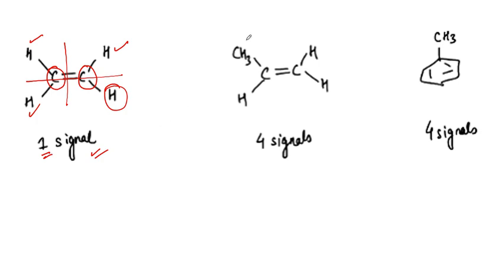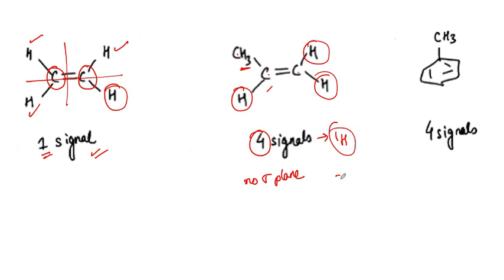Very good. So now if we are talking about this type of an alkene system, we are not able to find any sigma plane other than the molecular plane, but the molecular plane is not going to render the atoms similar. So we are going to have 1, 2, 3 and 4, 4 different types of protons. Similarly, we are going to have 1, 2 and 3 signals. So we write 4 signals for the proton, and there are going to be 3 separate signals for the C13 carbon. Right, let's move on to this molecule.